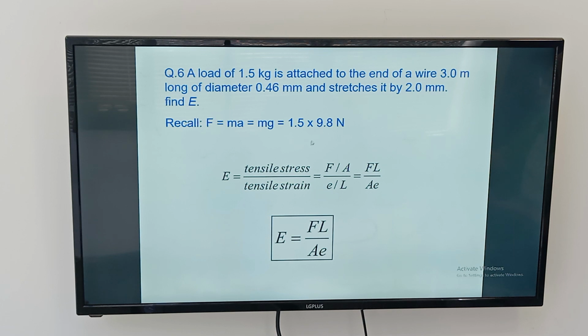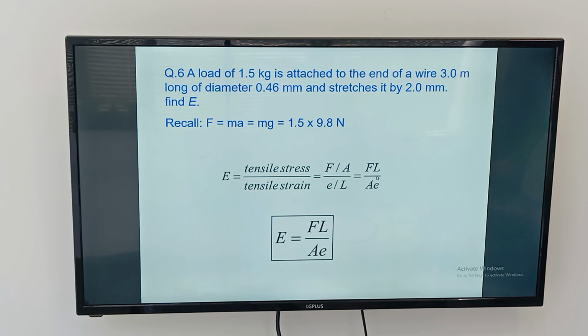The proportional constant equals tensile stress over tensile strain, which equals force divided by area, over extension divided by original length. By doing a cross division, the final form is force times original length divided by area times extension. So we need to take the value of the force and multiply it by the original length, which is 3. We have this value, we put it to the side,